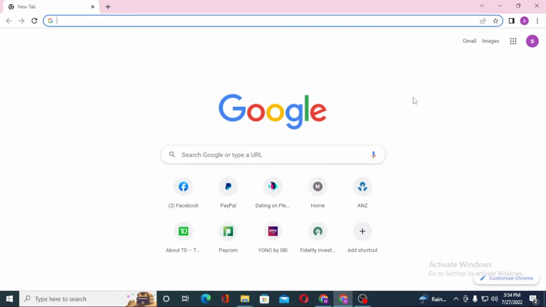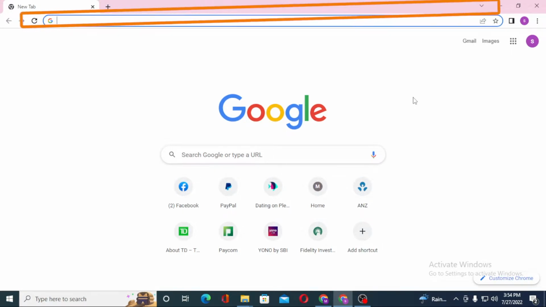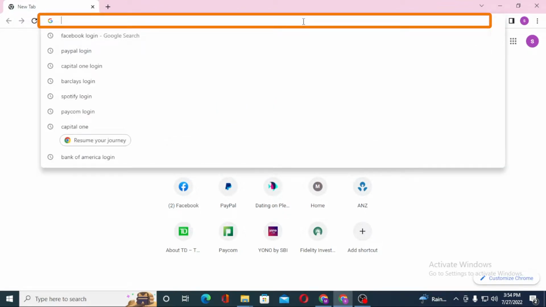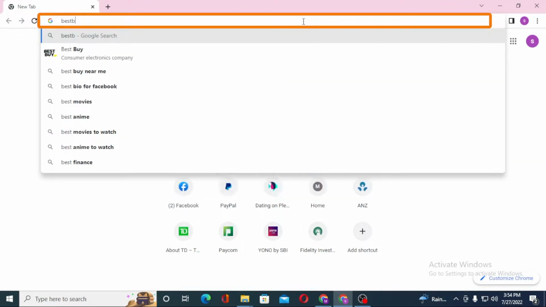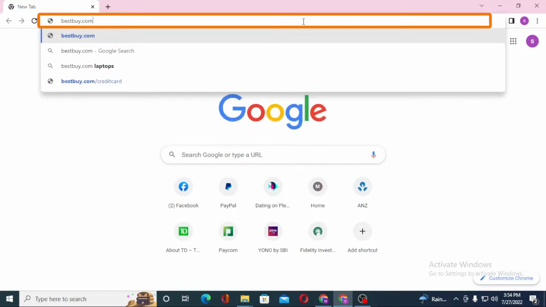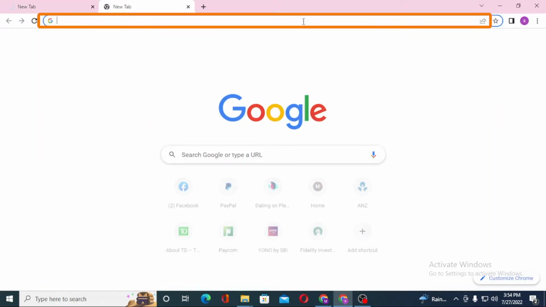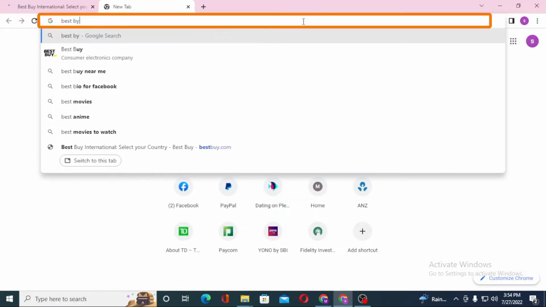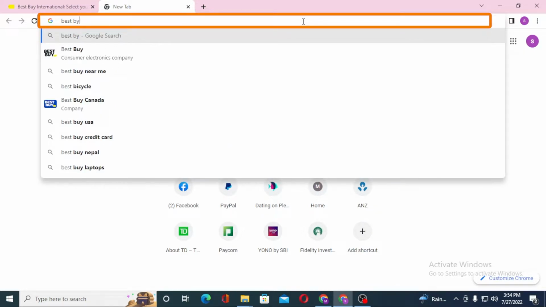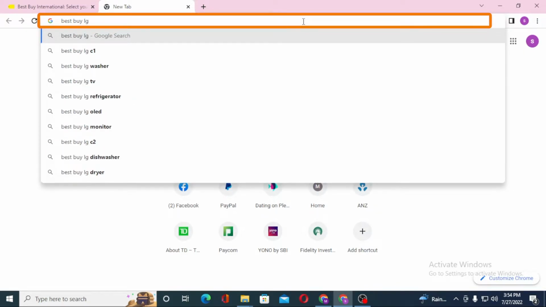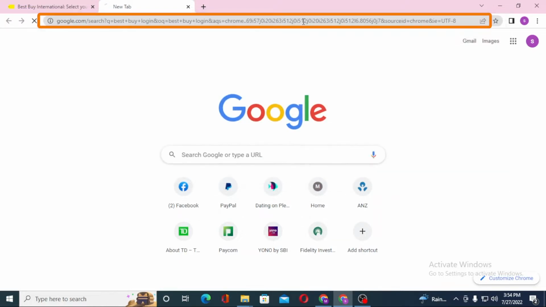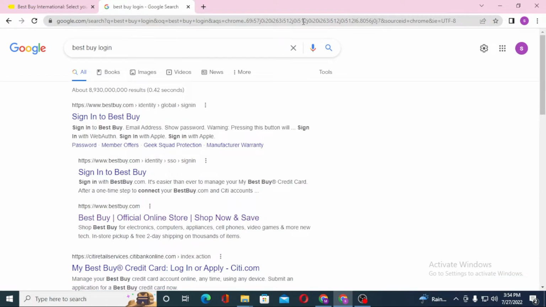Now to log into your Best Buy account from your computer, first open up your preferred browser. As I have already opened Google Chrome, click on the search bar and type in bestbuy.com like this and hit enter, or you can just simply search for Best Buy login on Google itself and hit enter, and you can see the sign in to Best Buy on the first result of Google. Click over there,